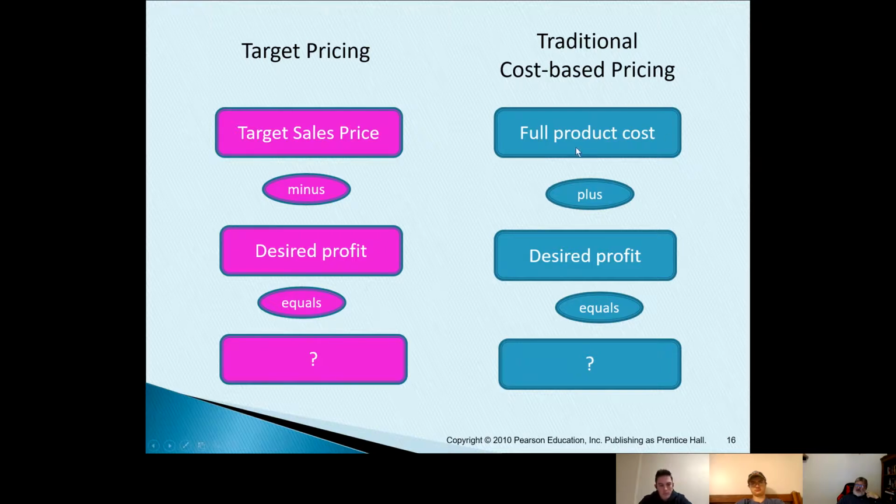So we take, what does it cost us to make one of any given item? Plus, how much profit do we want to make on that item? Equals how much we have to charge for it, right? What it costs us to make it, plus what we want to make in profit, equals what we charge our customers. Pretty simple, right? All right. This is traditional. This is also,